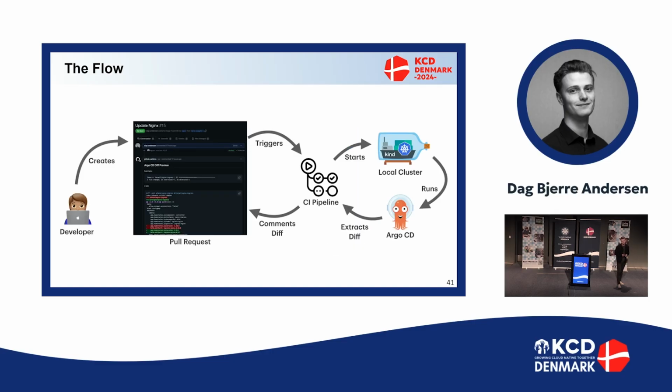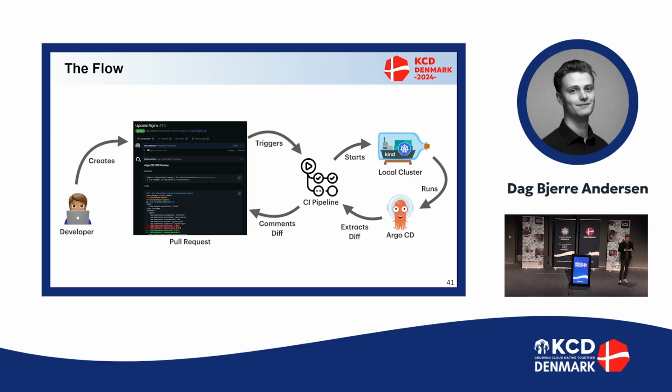This enables us to build a system that looks like this, where some developer can open up a pull request where they make changes to a Helm chart or Kustomize template. And the first thing that happens is that we trigger an automated pipeline. And inside the pipeline, we install a local Kubernetes cluster that is only accessible inside the pipeline. Then we install Argo CD on top of it and apply all our applications from both the main branch and the pull request branch to the cluster, let Argo CD do its rendering magic, and then we can extract it out later and do a git diff at the end